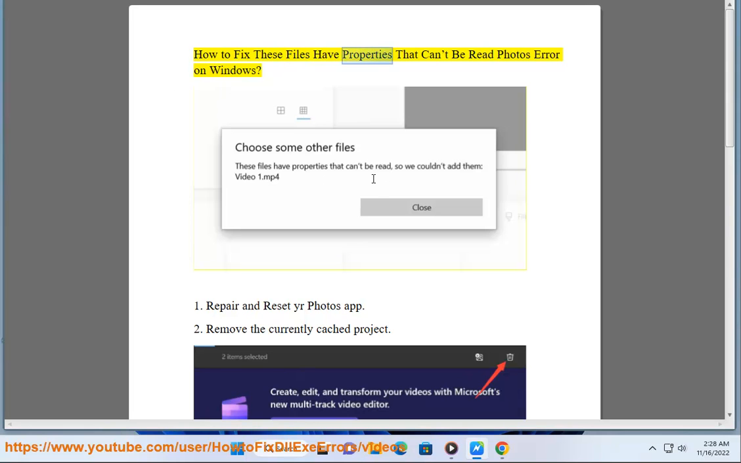How to fix "These files have properties that can't be read" Photos error on Windows. 1. Repair and reset your Photos app. 2. Remove the currently cached